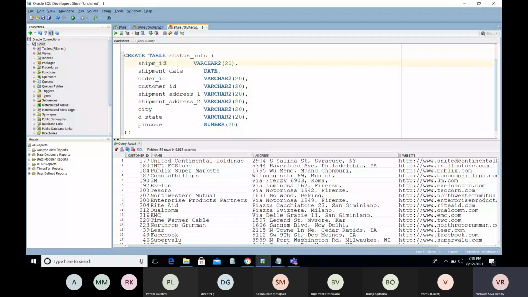Here I can say status ID, status date, customer ID, status code, and status description.